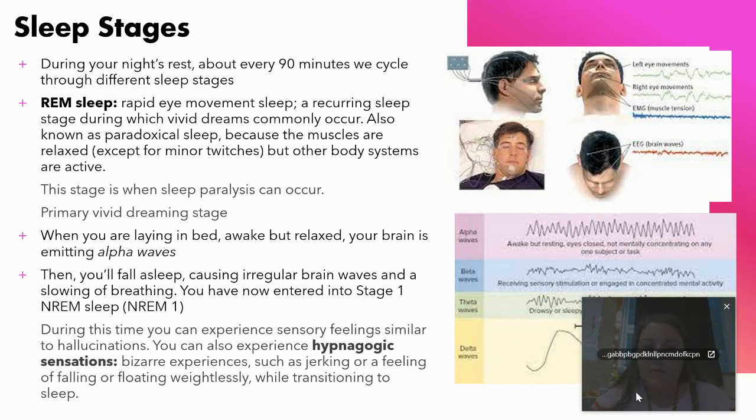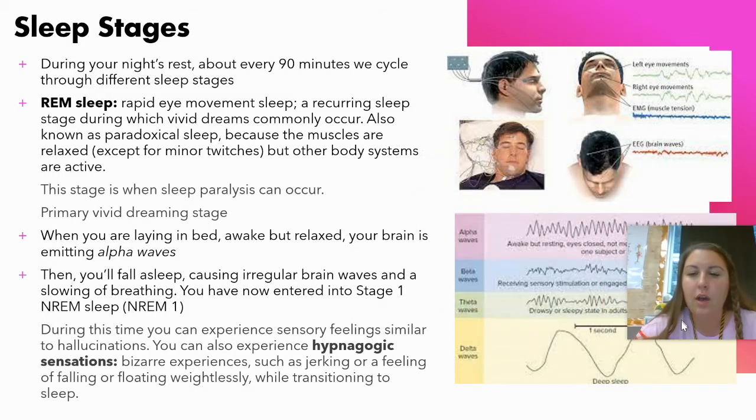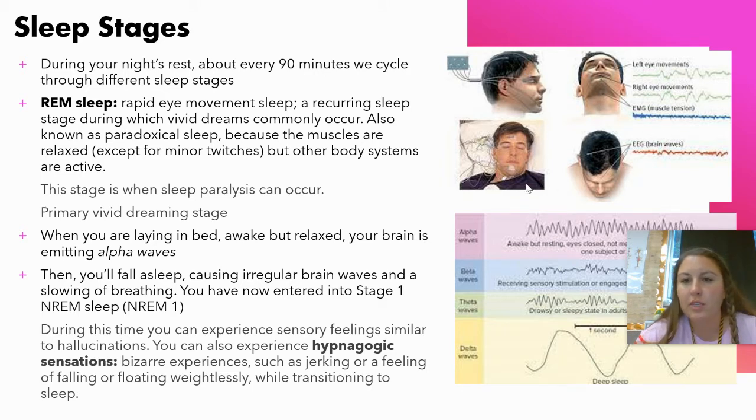Okay, now let's talk about sleep stages. You need to know these. Right here, this is an image showing what it looks like when a person is getting a sleep study done. This is part of an EEG. They put electrodes on their eyes and chin, and all over the face to record any muscle movements as well as brain activity that's happening.